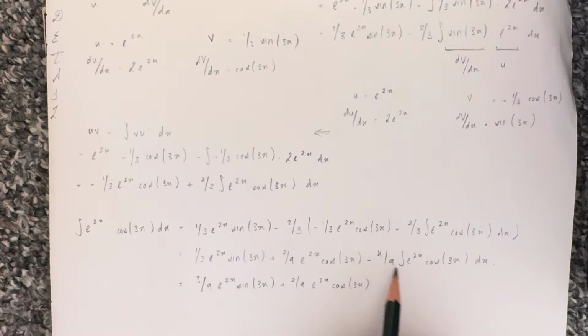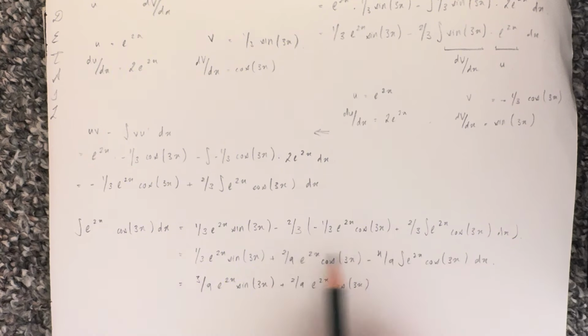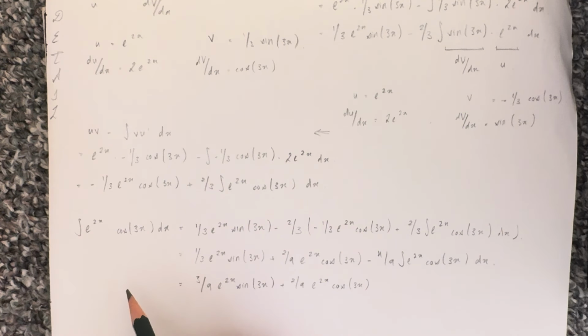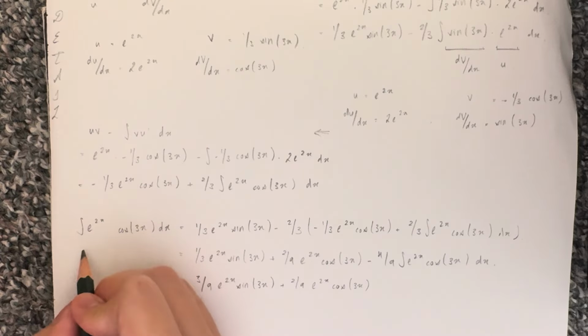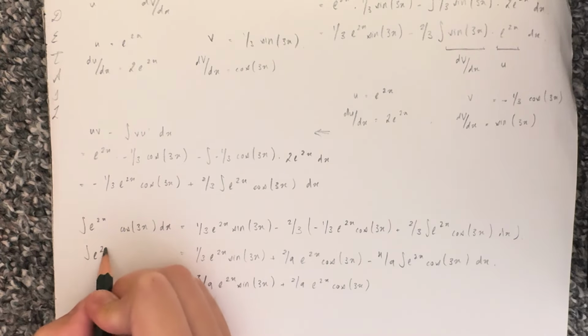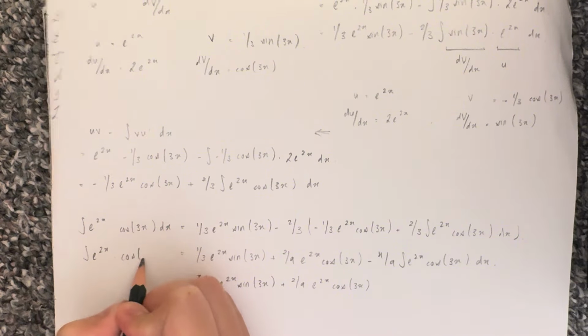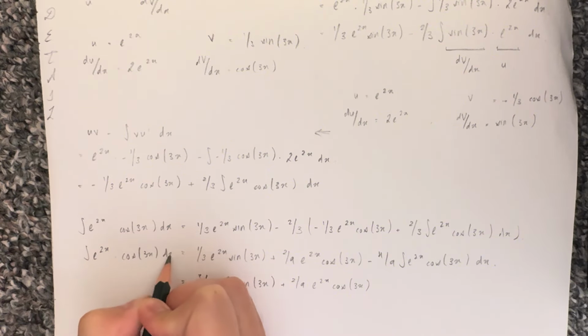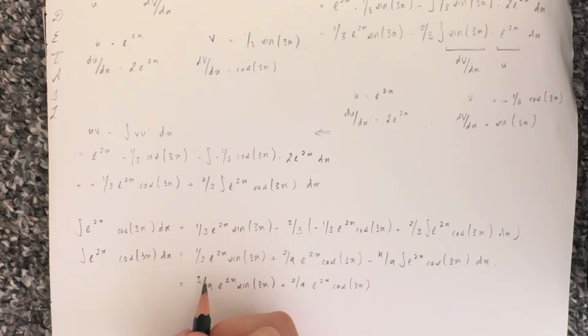Simplify everything to base 9. Here we want to eliminate this last part, in which we don't want to integrate again, by moving it to the left hand side. The thing that we have to remember though, the left hand side isn't actually empty. It contains this original function of e to the 2x cos 3x to integrate with respect to x,